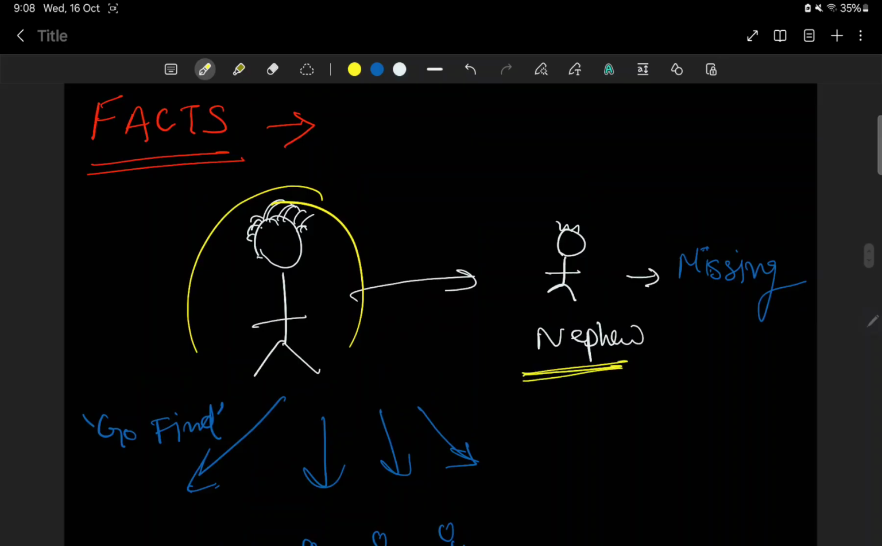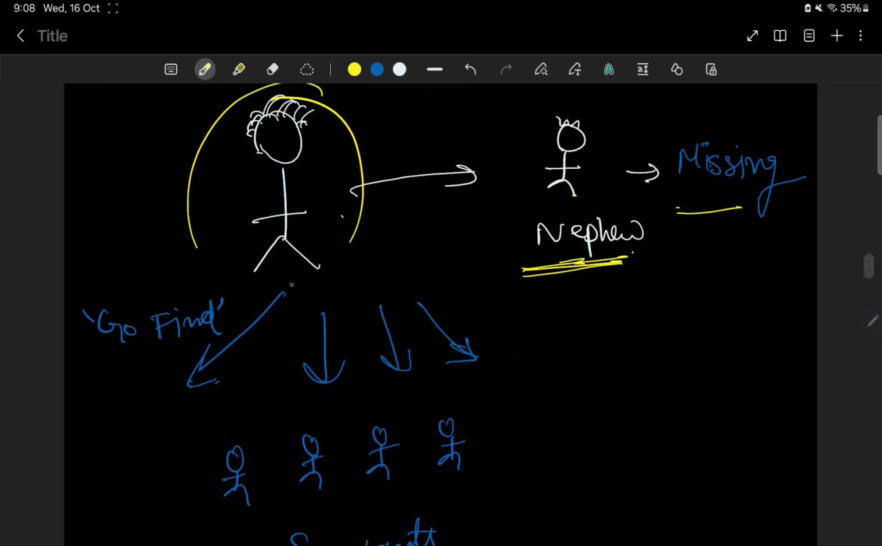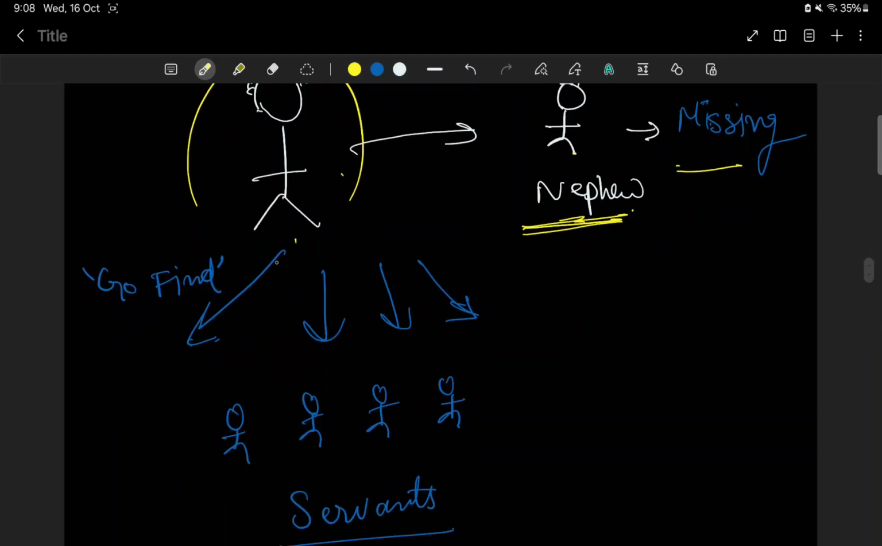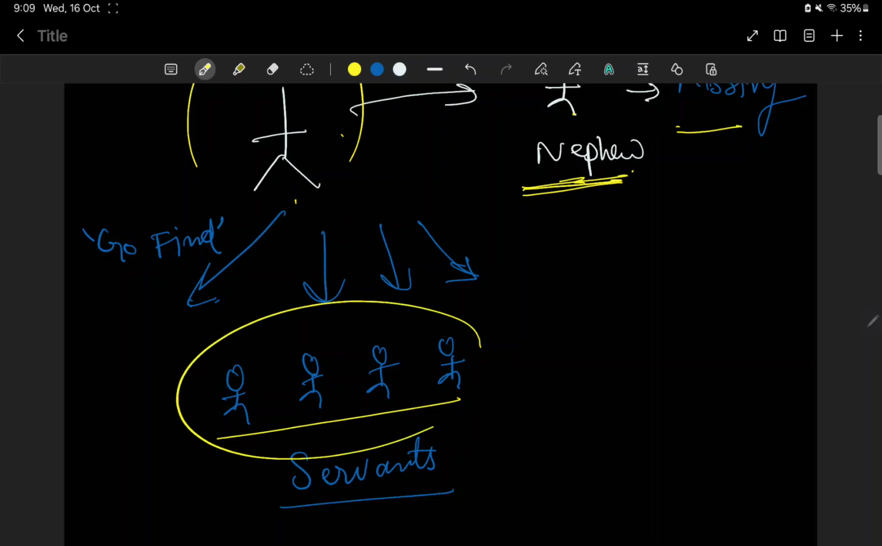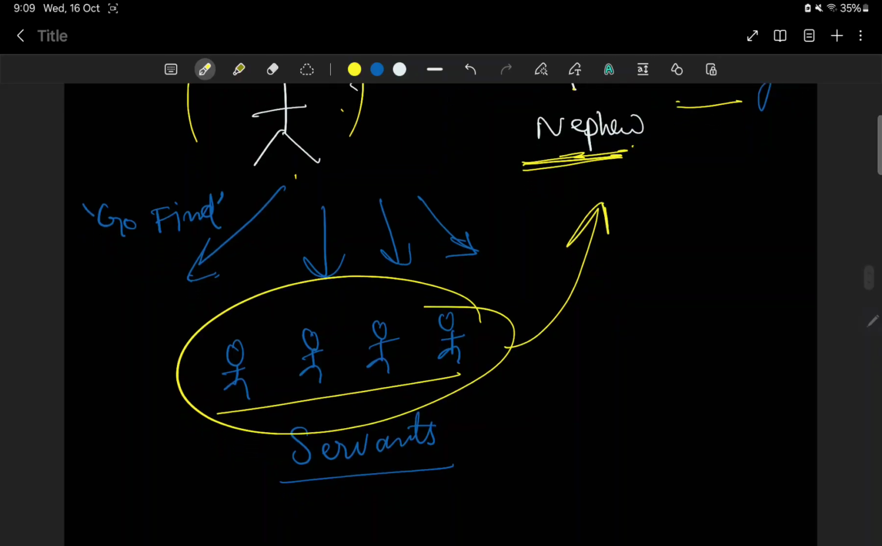और इसका एक नेफ्यू है, this is the nephew of the defendant. अब ये जो नेफ्यू है, he went missing, this nephew got lost and he is missing now, right. So this person, he asks his servants, these are the servants of this person, and he asks them to go find the nephew। ये इन सब सर्वेंट्स को बोलता है कि जाओ और मेरा नेफ्यू ढूंढ के लाओ, ठीक है।